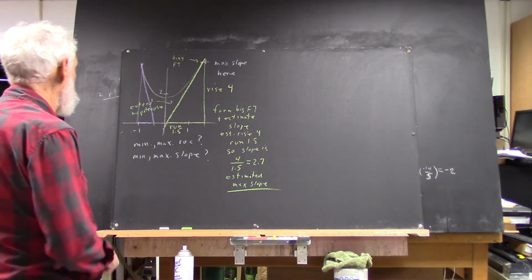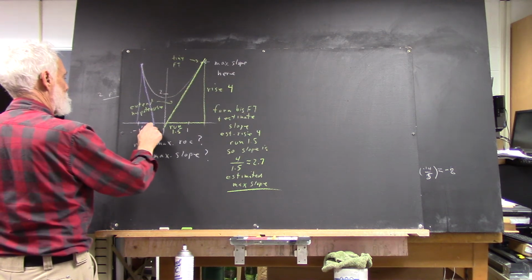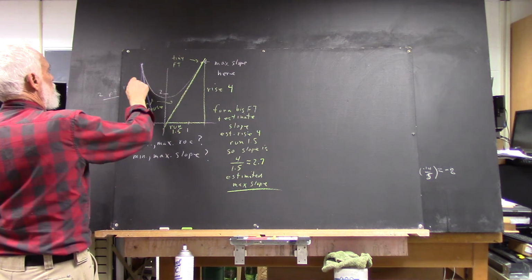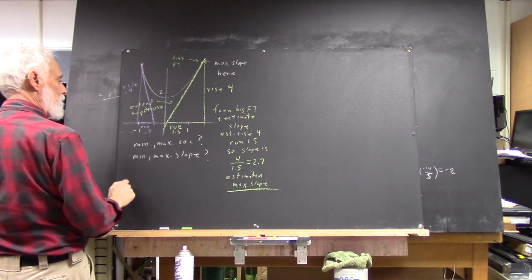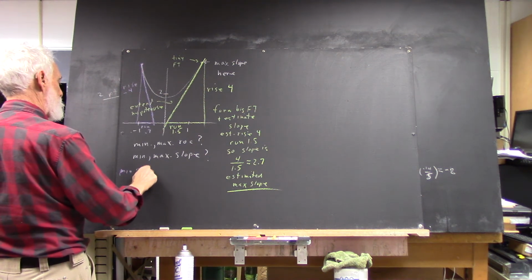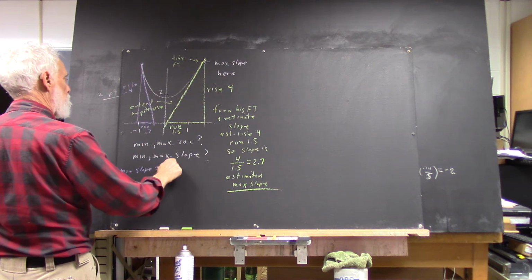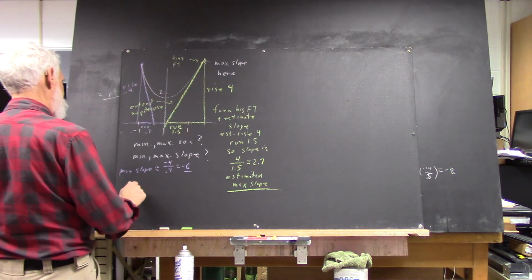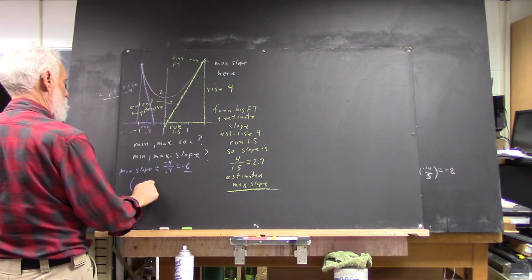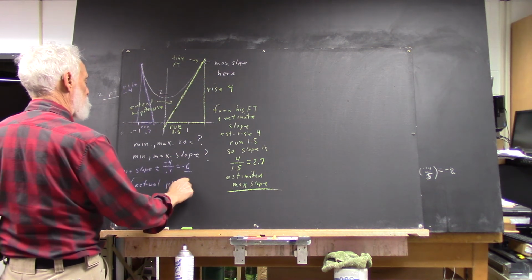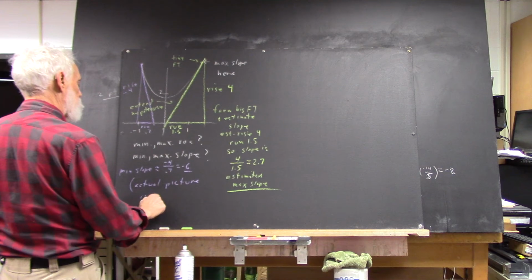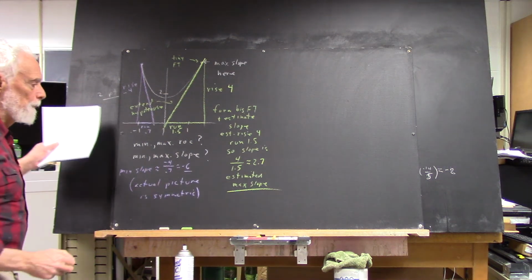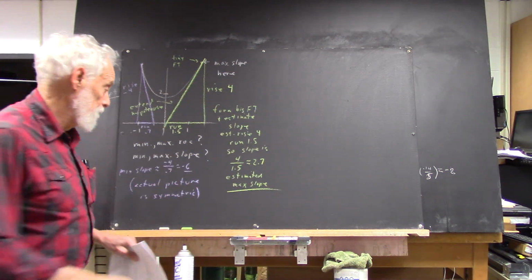So the minimum slope looks like a run of 0.7, and the rise looks like it's about -4. So minimum slope, approximately -4 over 0.7, approximately equals -6. It's technically not a parabola. I'll note that the actual picture is symmetric. So the minimum slope will probably be the negative of the maximum slope,